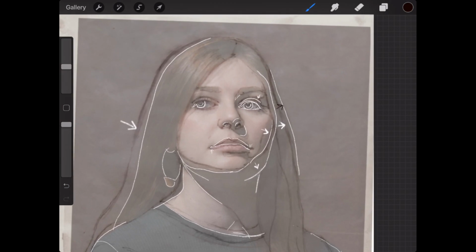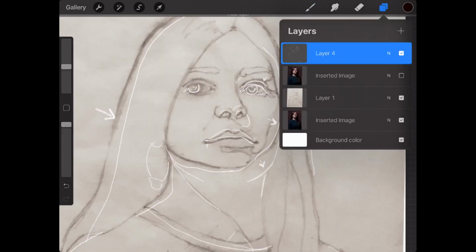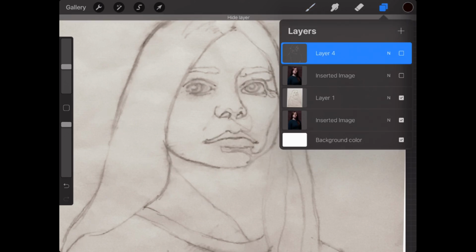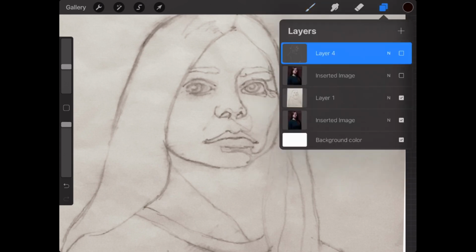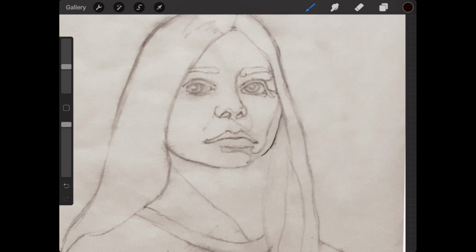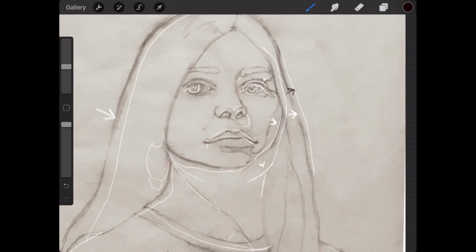When it comes to the face, let me pull up, take that away there. Yeah, so one thing that confused me a little bit was this line here. I couldn't tell if that was supposed to be the jawline or the shadow shape. And when I did the overlay, it looks like it's exactly where the shadow shape needs to be, and that you actually need to bring your jawline down in here. And it's all in the shadow, so it could be that it was hard for you to see.